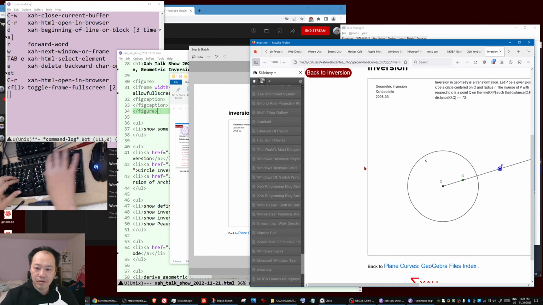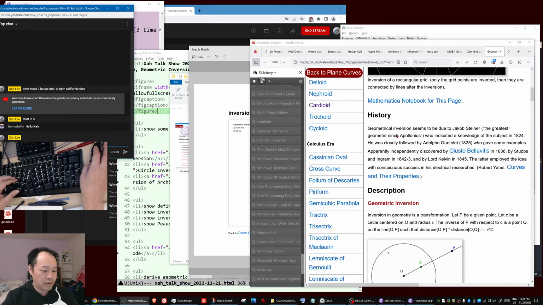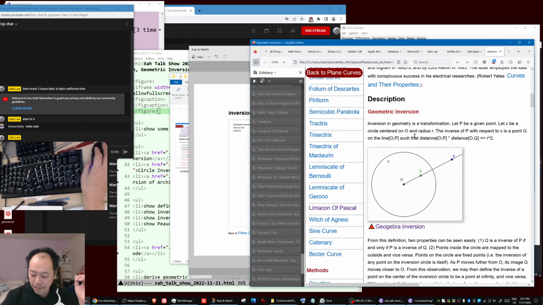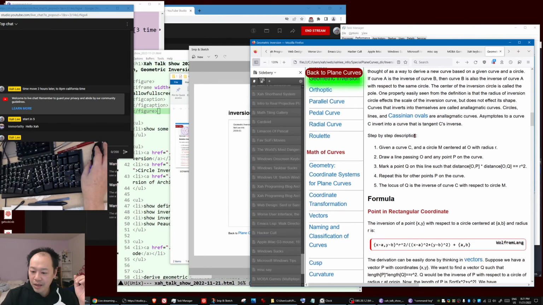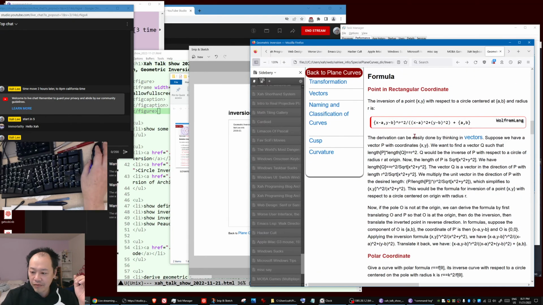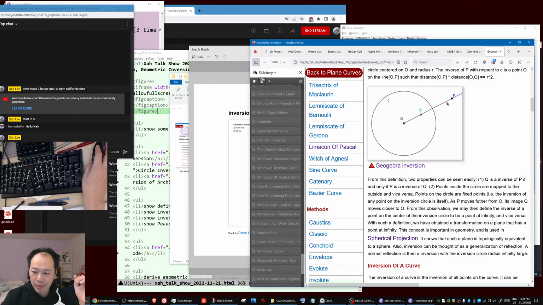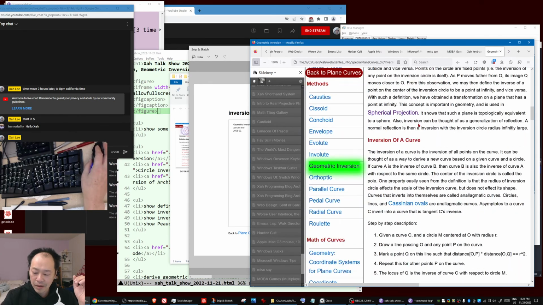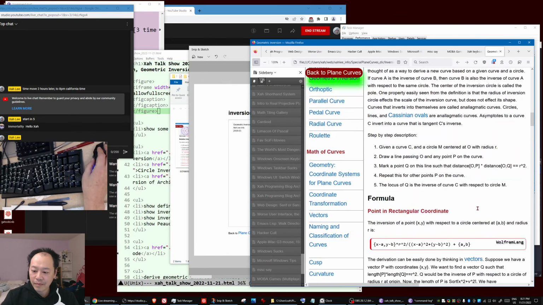Okay, so that's a definition. And with this definition, there are certain very interesting properties. So remember, we begin with a point and we get a new point, and then we can prove that a